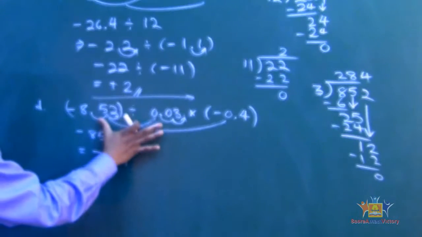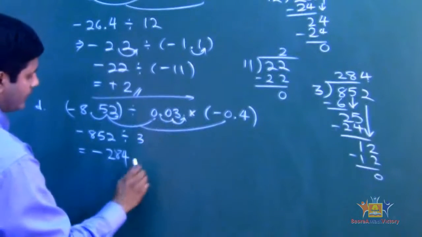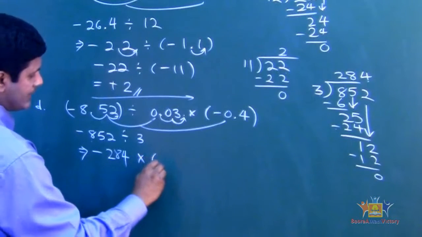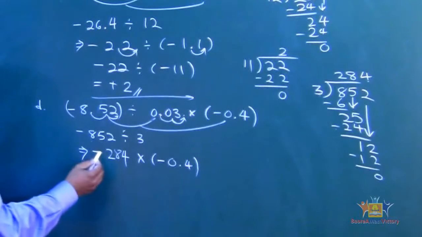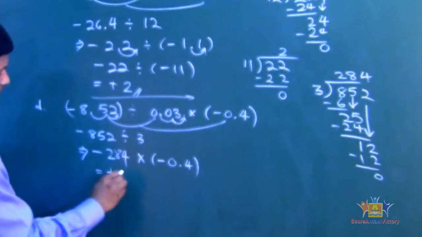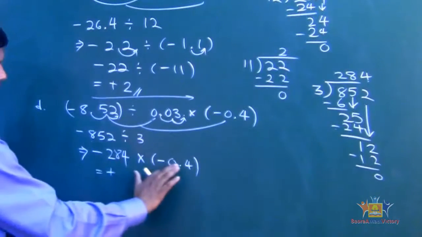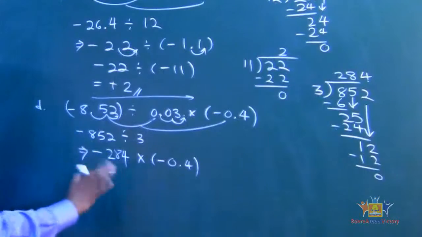I just completed this part. Now I've got to do this one. I bring that one. Okay? Times negative 0.4. Negative, negative. I know my final answer is going to be positive. See, there's a decimal right there. We're going to forget it. Okay? We're going to multiply